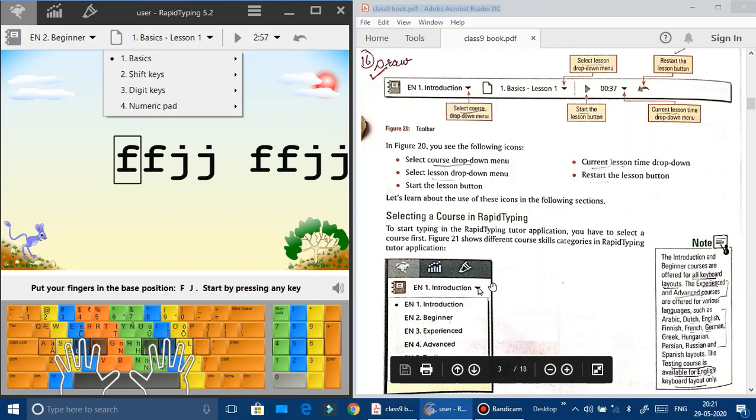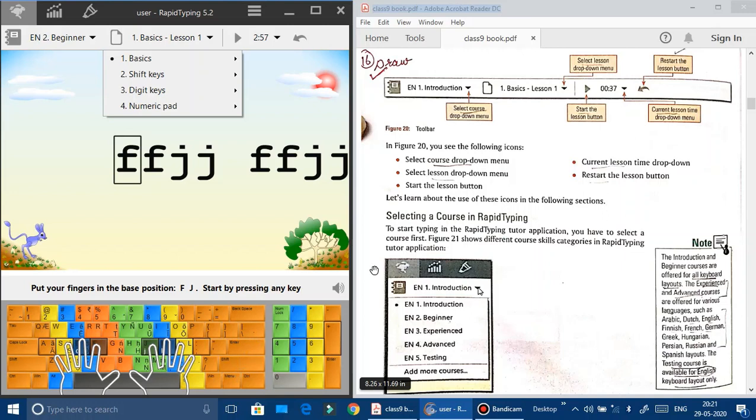Everyone can type, but whosoever can type with a good speed, that is more valuable. If you want to score good marks in your practical, then you need to practice to maximize your speed. The more practice you do, the more speed you will have, and more marks you can get.